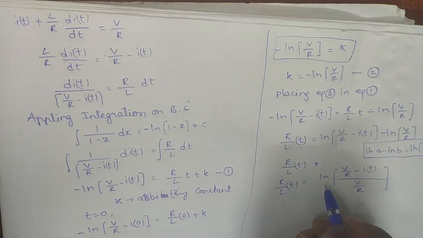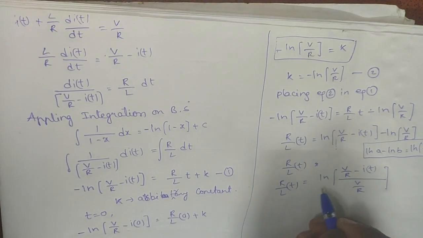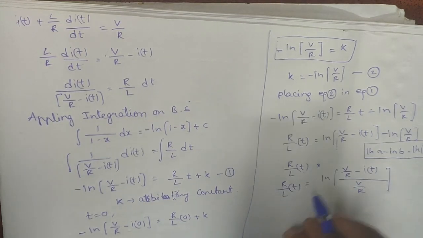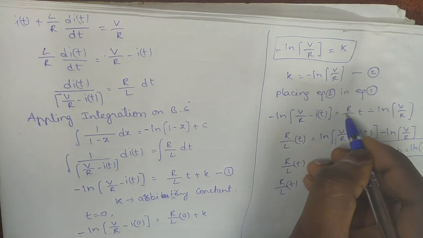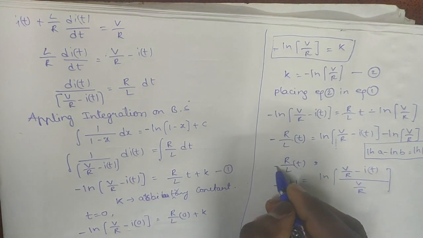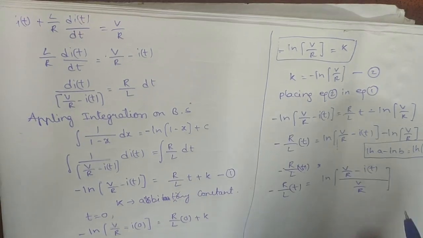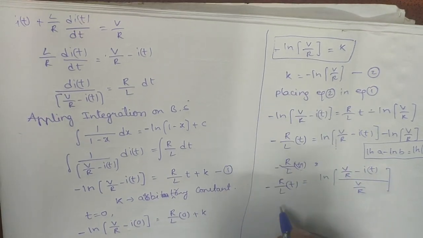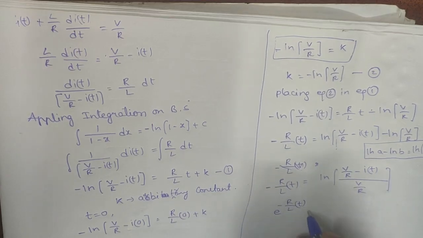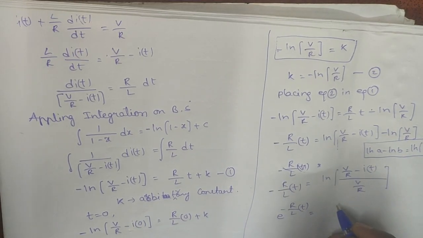When this natural logarithm ln comes to this side, as this positive term is moved to the LHS, it will be negatively assigned. When ln goes this side, then it becomes e power minus R by L of t is equal to